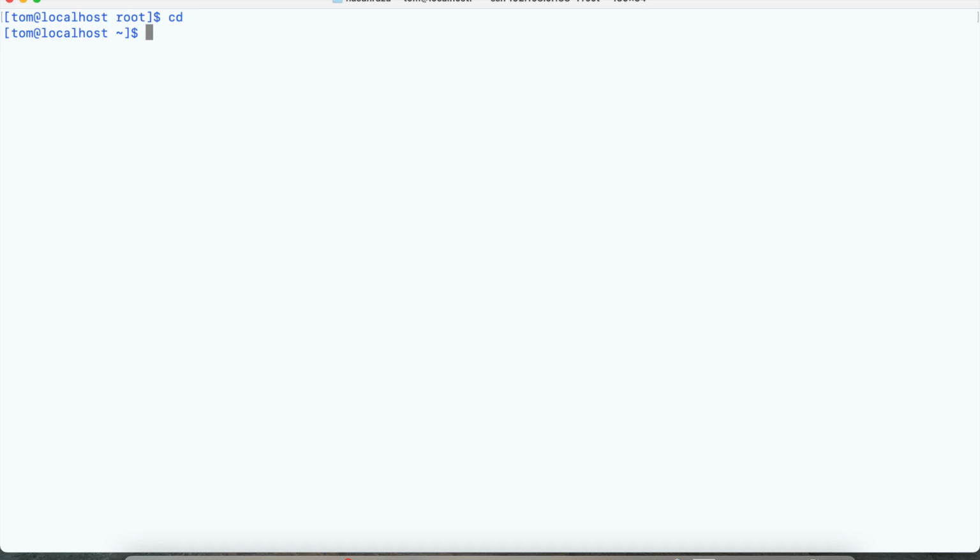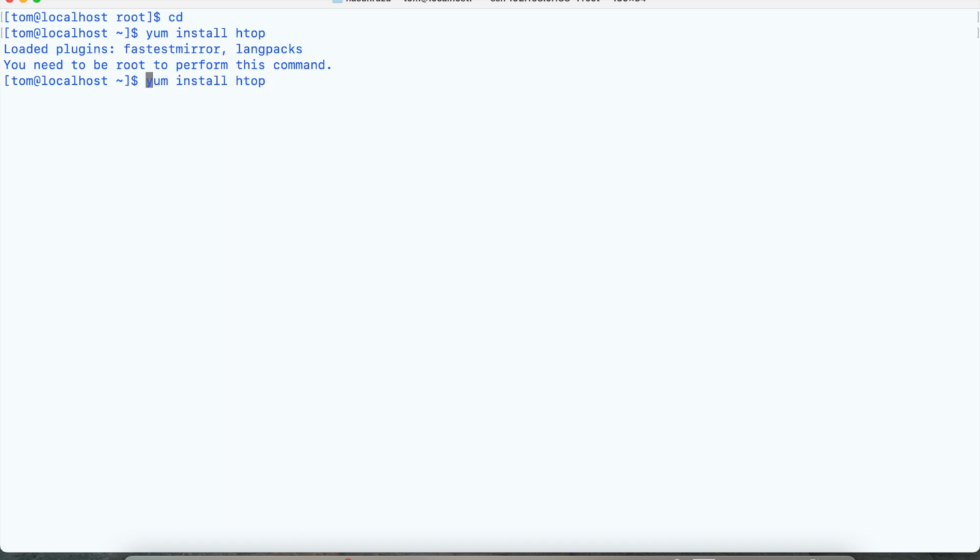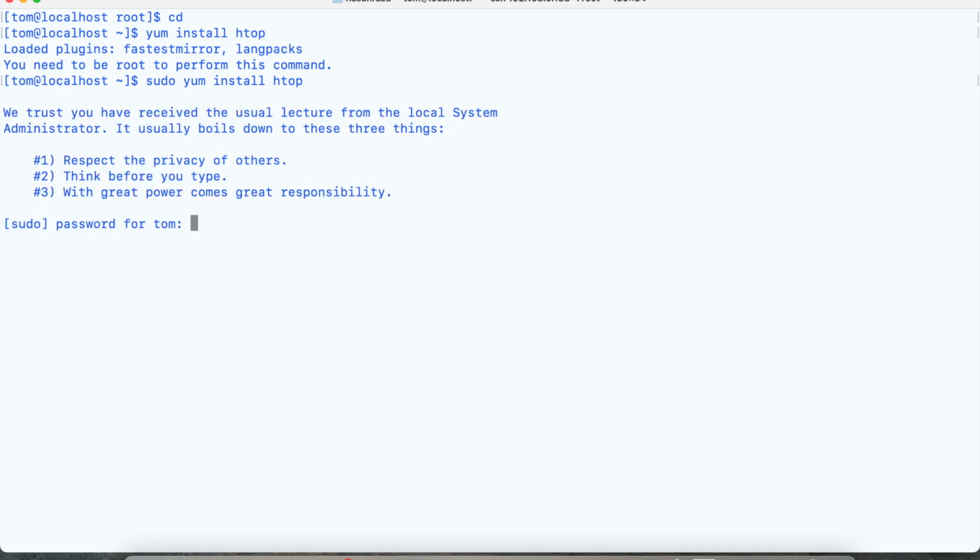now what I want to do is, for example, install something. For example, htop. It's a very nice tool, which shows you all the processes going on and the performance of the virtual machine. If I want to do it, it says you need to be root to perform this command. If I say sudo, it's asking for the password for Tom, which is not the root user's password. Okay,